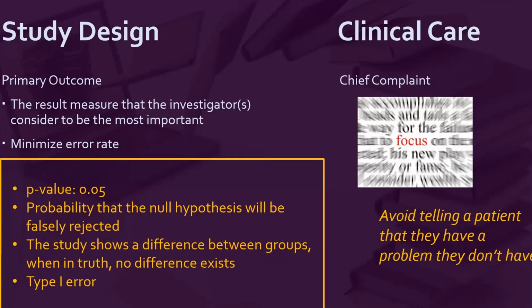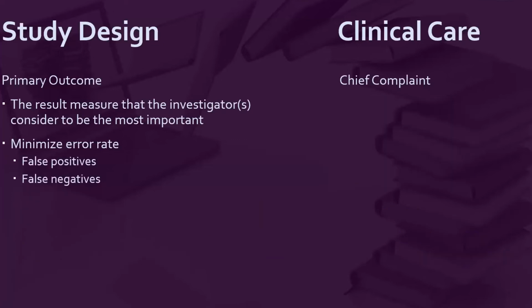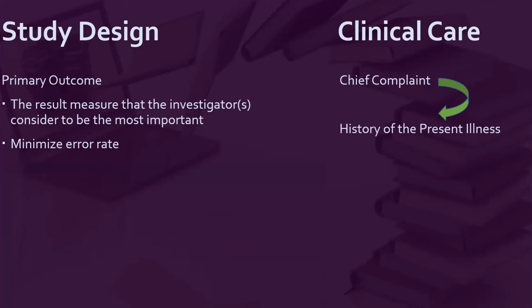So you've got to think about the paper and whether it's defining that primary outcome up front and therefore trying to minimize the error rate. And it's important to do that because when you're defining the primary outcome up front, it not only decreases your false positives, but it can also decrease your false negatives. It does that in the same way that when you know your patient's chief complaint, it tells you what's important to think about. If you complain of sinus pain,